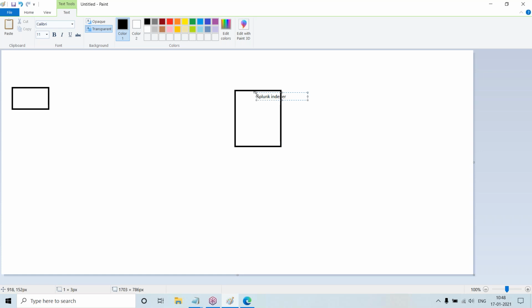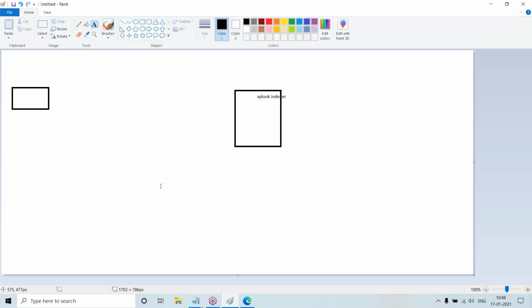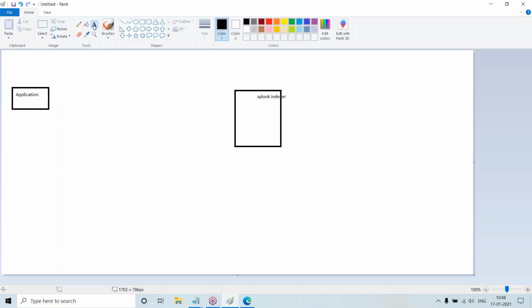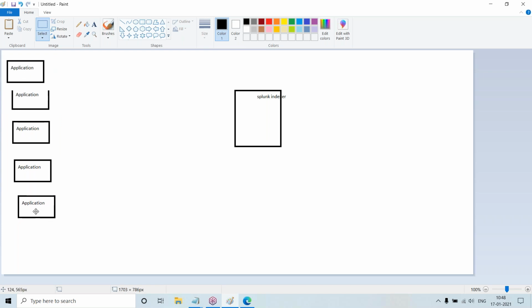Let us assume this is an indexer. So this is my application. I won't have one application. In an enterprise, I will be having thousands of applications, not one. Like this, I will have so many. This is for one project.